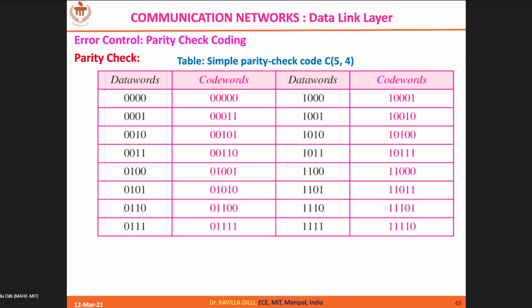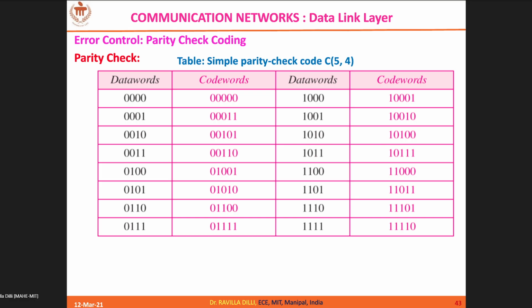Okay, so this is again an example where you have 4-bit data and one parity bit you are going to append. So altogether the length of the code word is 5. Which parity is followed? Can someone tell whether it is even parity or odd parity? The LSB of the code word is your parity bit, which is appended.